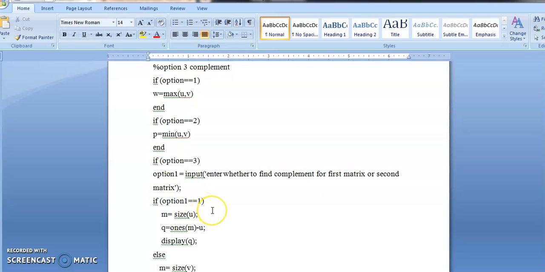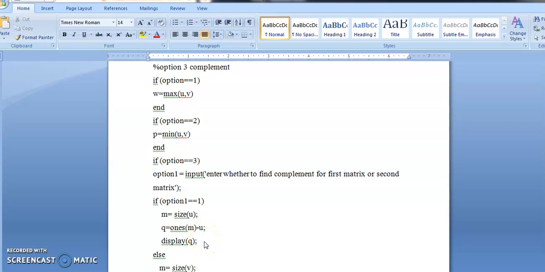If the user wants the complement of the first matrix, then M equals size of U, meaning the size of U is stored in M. Q equals ones of M minus U. The ones operation returns an n by n matrix of ones, and the first matrix is stored in U. So complement simply means we subtract the matrix elements from 1.